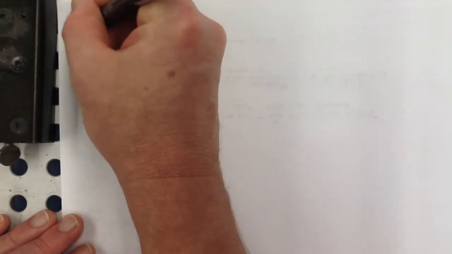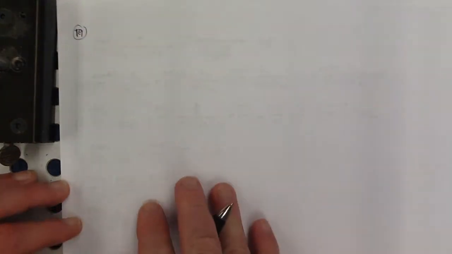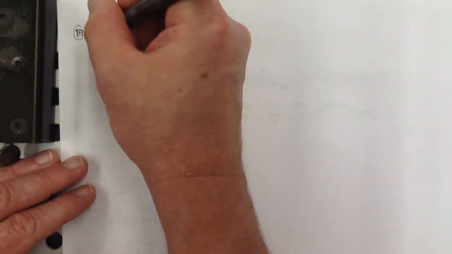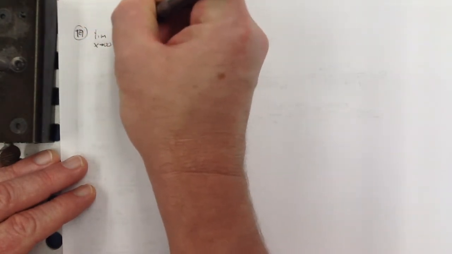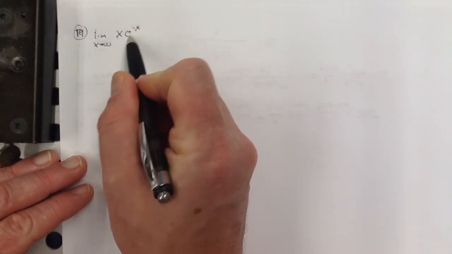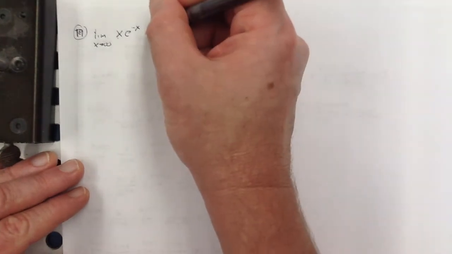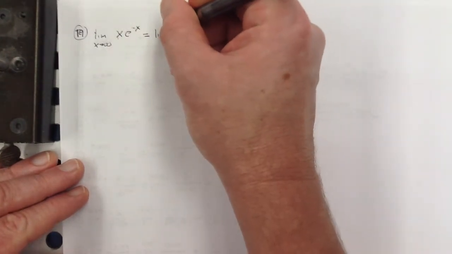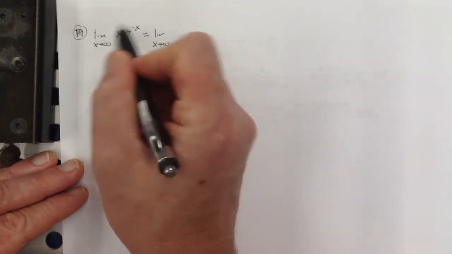Number 21. Oops, I think I skipped 19, didn't I? Or I tried to skip 19. The limit of x times e to the negative x. So that is of the form infinity times 0, because e to the negative x is the same as 1 over e to the x. 1 over e to the infinity, that's going to go to 0. So what I need to do, this is a real easy one to rewrite in what we're going to call L'Hopitalable form. That's what we would, L'Hopitalable in French if you want. So